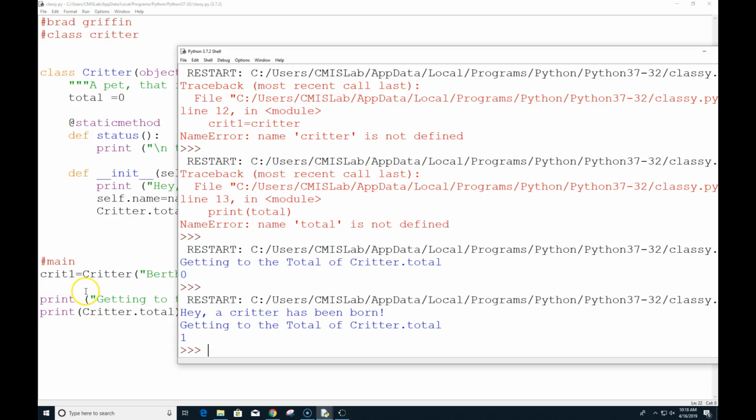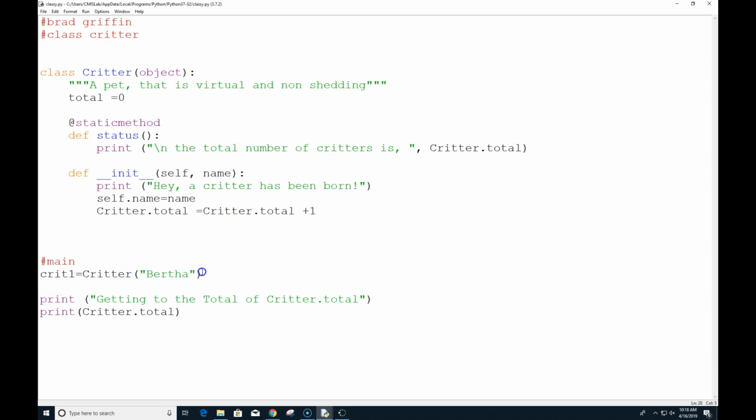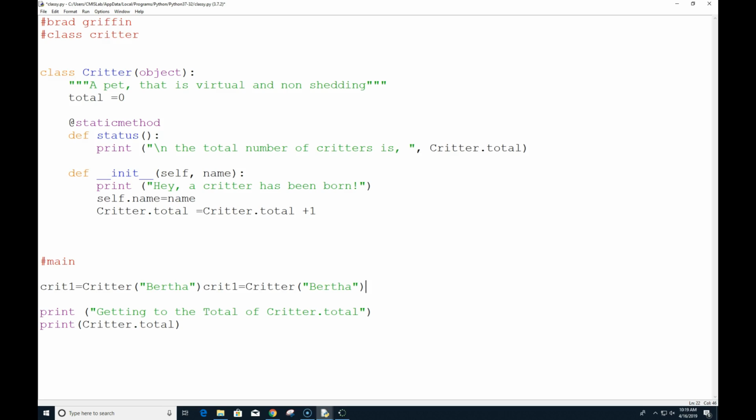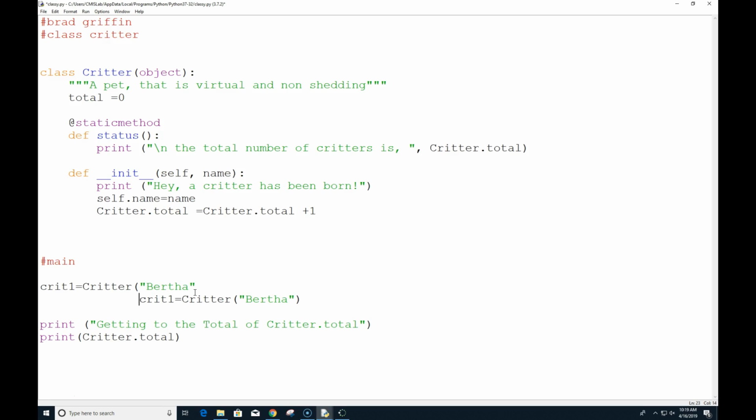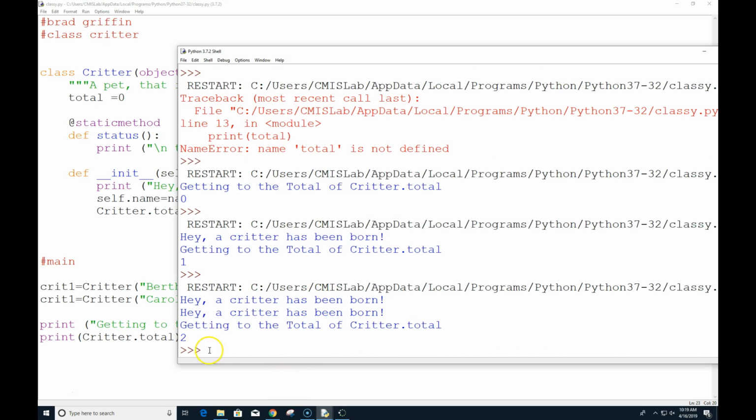And so if I did critter 1, critter 2, and now I run it. Hey, now we get 2.